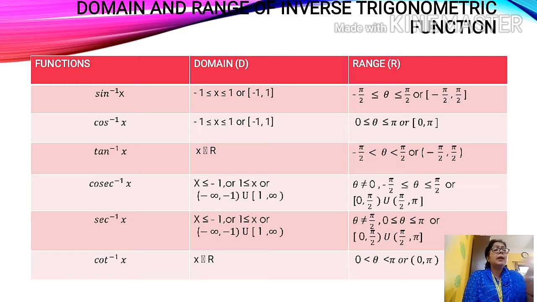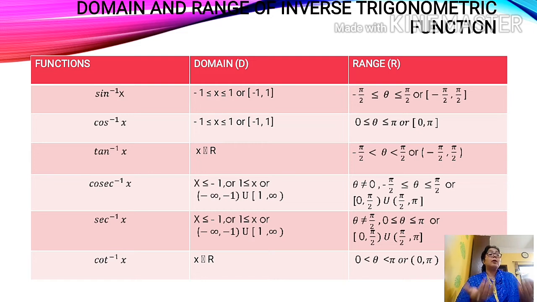Next, let's come to tan inverse x. Here, minus pi by 2 to plus pi by 2, these two points are not included in the range. Why? Just check: tan pi by 2, the value is infinity. So there is no such point, infinity. That means there is no point in the range, and if there is no point, it will not be included in the range.